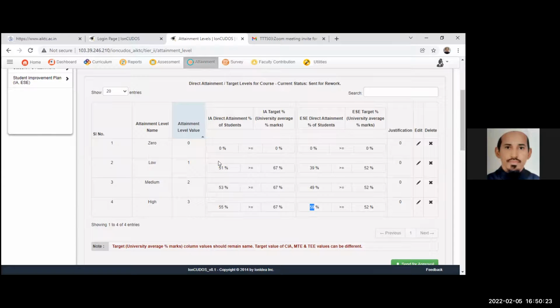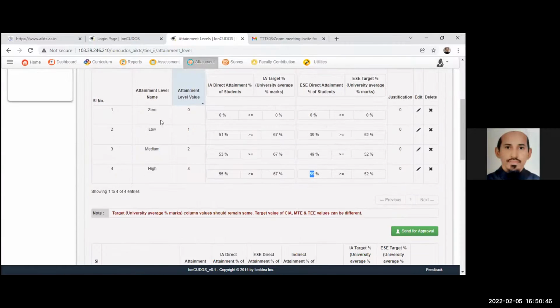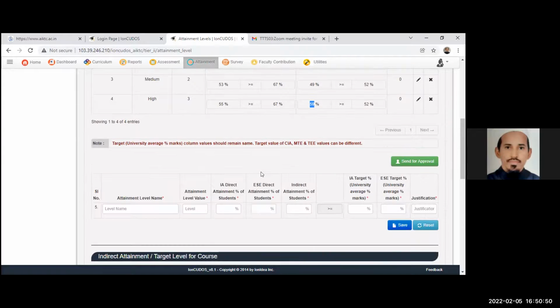So you have to add here first, this is called attainment level versus target. Attainment level is 1, 2, 3, and target is percent of student and percent of marks. Those two things you have to decide with the help of your senior faculty members, and then you have to feed that data into IonCUDOS. Okay, so it's very simple.